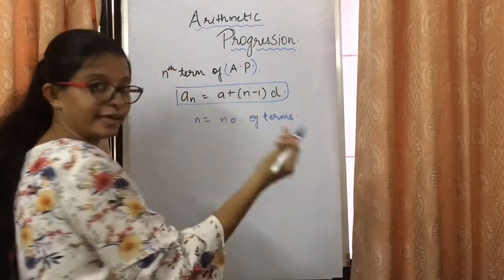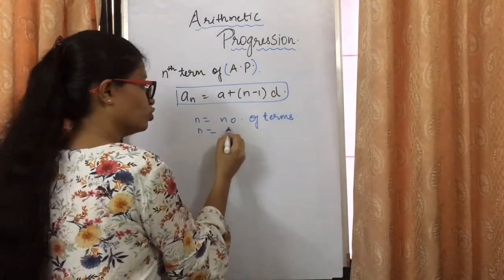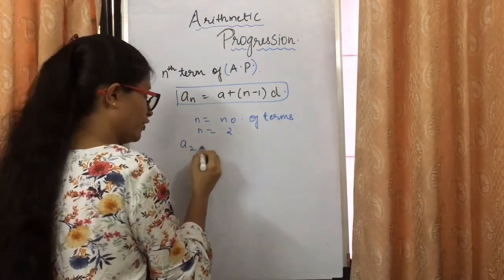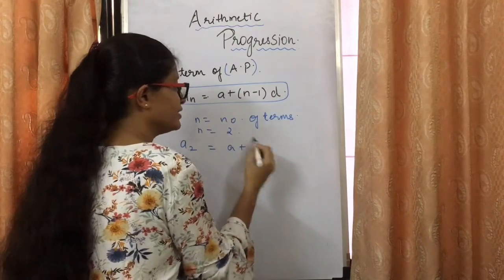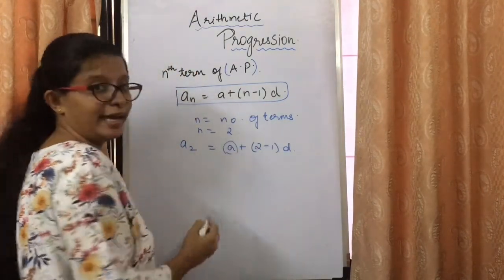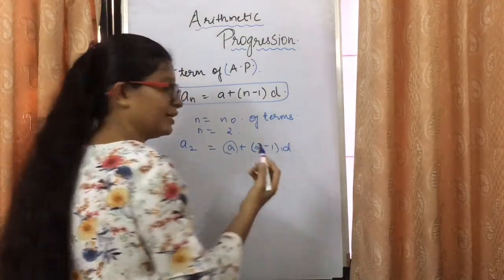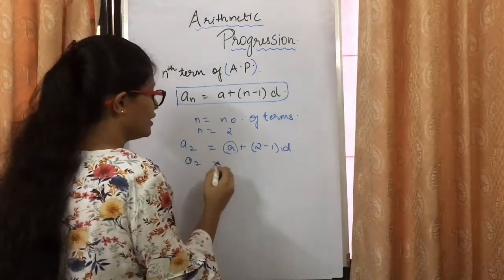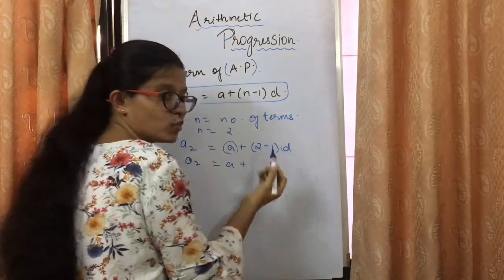अगर आपको सेकेंड टर्म निकालनी है तो put n is equals to 2, so you will get a2 over here. a plus n is nothing but 2 minus 1 into d. And you all know what is a? A is first term. What is d? D is common difference. So if you solve this, you will get a plus 2 minus 1 is 1,